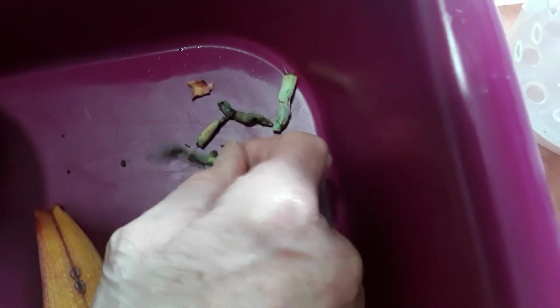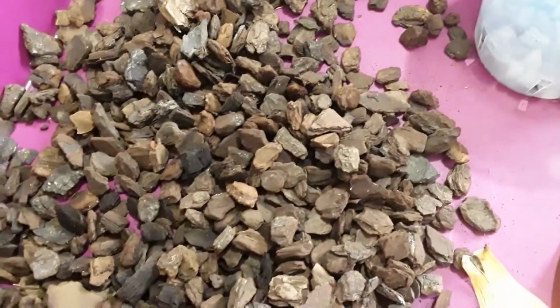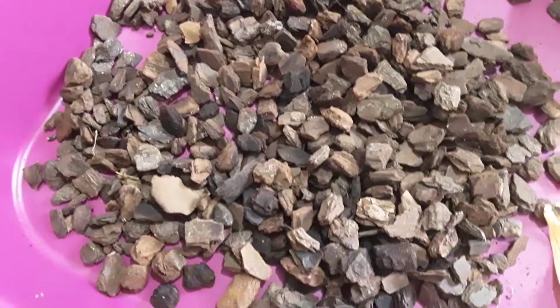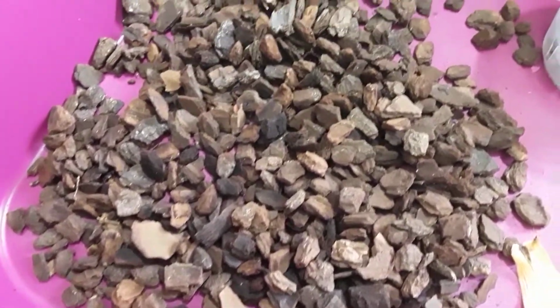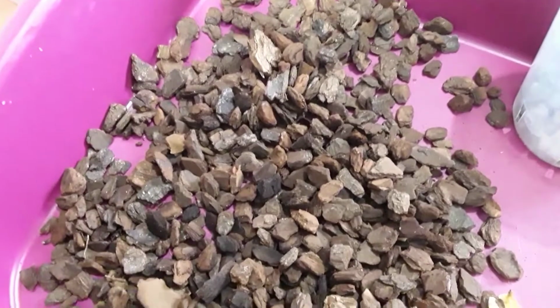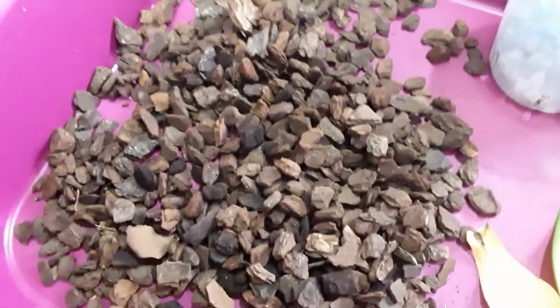I've just cut a few of the dead roots off, and taken out of the medium those hydrogen balls, and it's not good medium. This isn't. It's probably just some old medium that I'd got spare, and with them being supermarket ones, I've just planted them up in this. But I think they'd be far better in